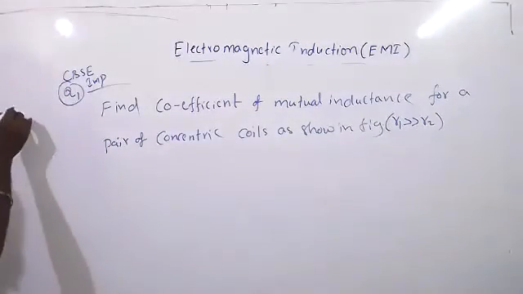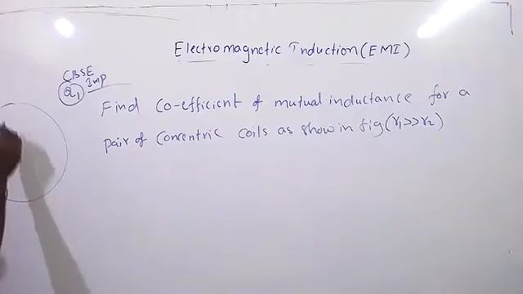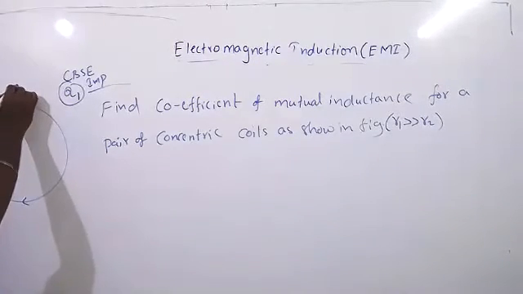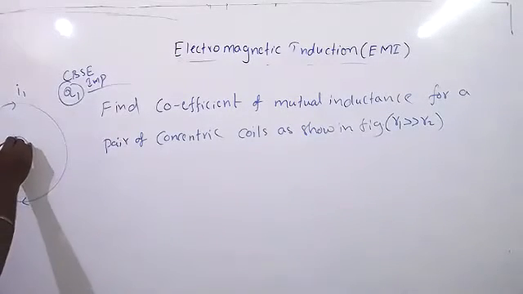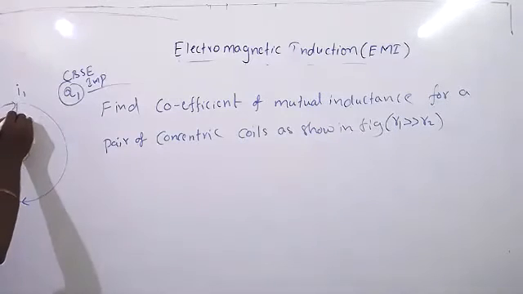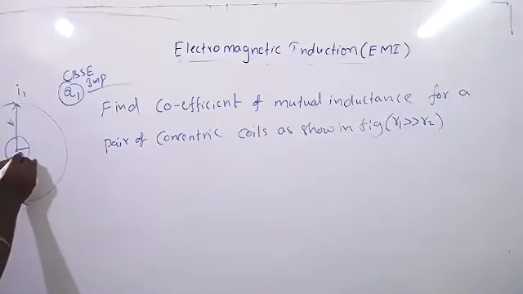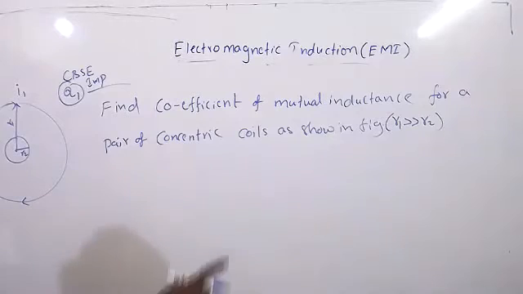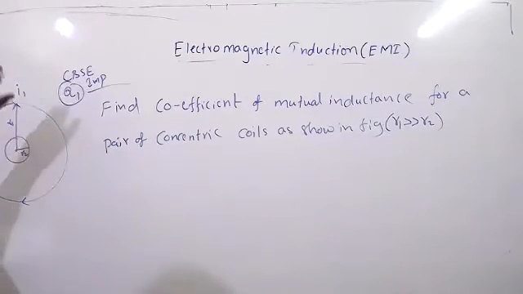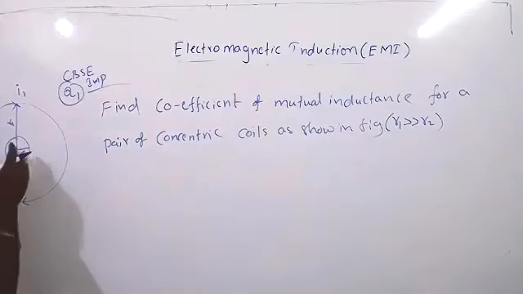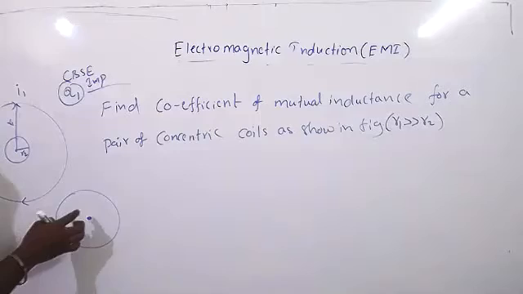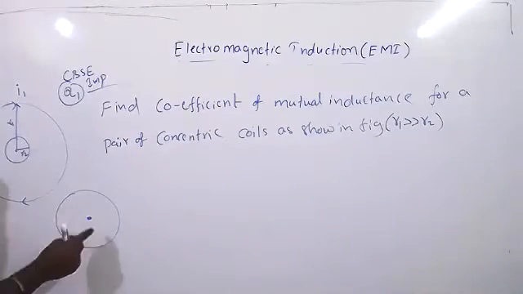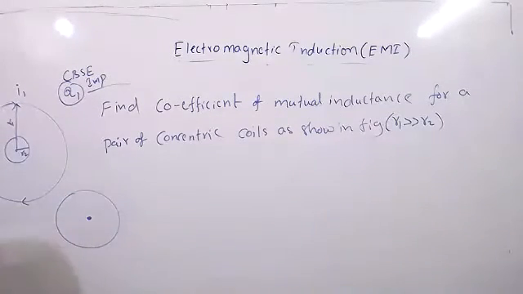So what is the figure? It is coil 1, where I1 current is passing. From here to here is R1, and from here to here is R2. They have given that R1 is much greater than R2. If you understand clearly, the smaller coil is like a small point at the center of the big coil. You should understand clearly why they have given the center of the coil.